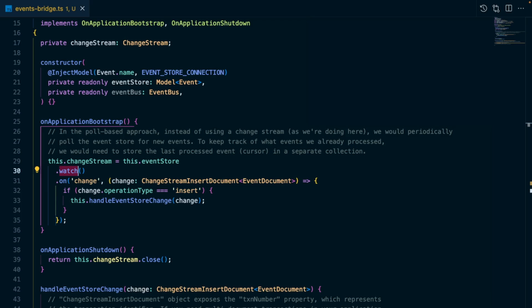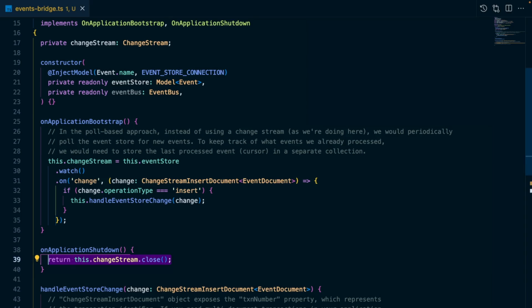In the poll-based approach, instead of using a change stream, as we're doing here, we would periodically poll the event store for new events. To keep track of what events we already processed, we would need to store the last processed event or cursor in a separate collection. Back to our code, in the OnApplicationShutdown lifecycle hook, we're just closing the change stream